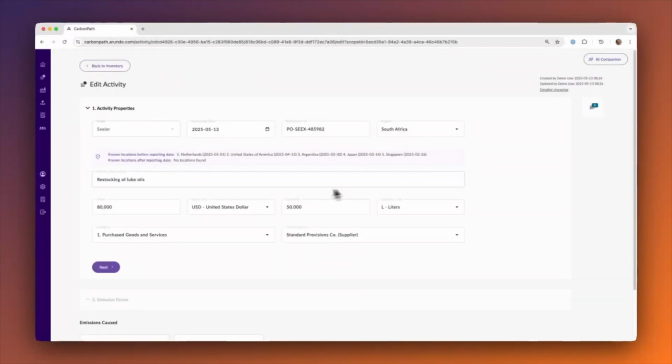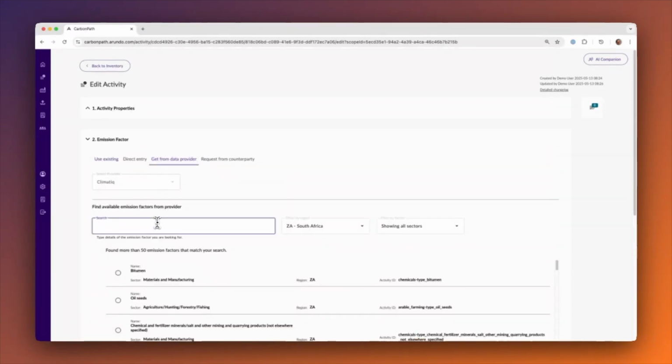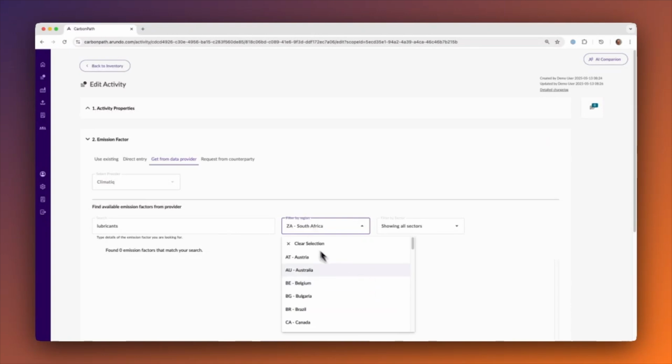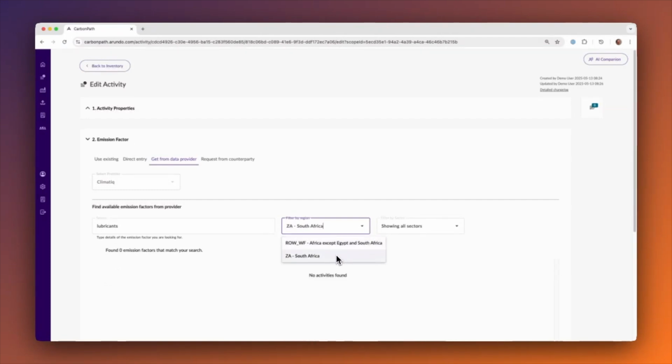Here we have an activity representing a purchase of 50,000 liters of lubricant oil in South Africa. The ESG analyst at the reporting company can estimate the emissions of this by retrieving an industry average emission factor from an integrated provider. But what if the provider does not have emission factors for lubricants from South Africa? And what if our supplier has a carbon-efficient operation that is well below industry standards and therefore deserves a lower